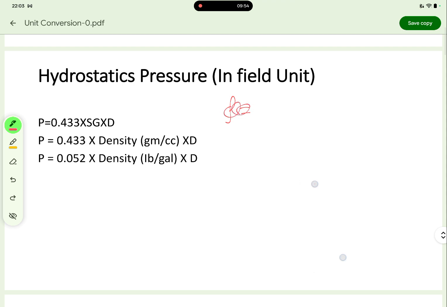We know that pressure is equal to rho g h, right? And rho is the density of the water. Density of the water can be written as 1000 kg per meter cube, and g is the gravity